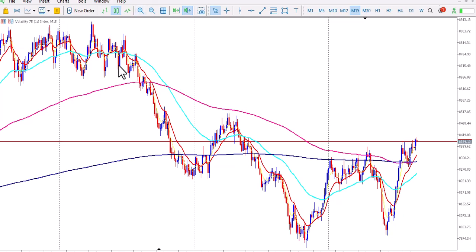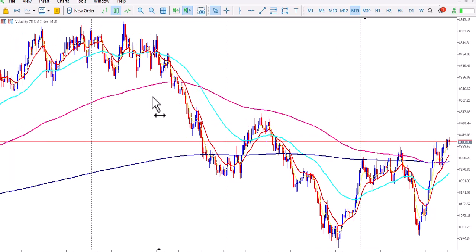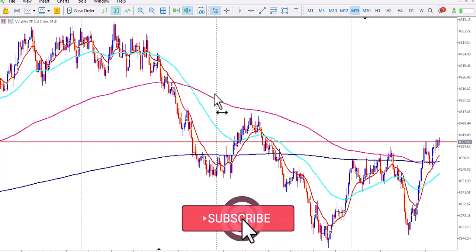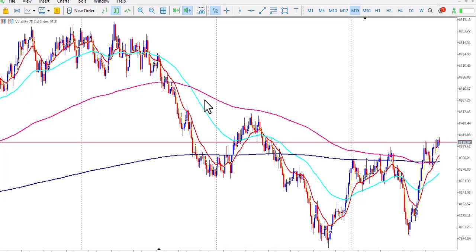Guys, today I'm going to show you a very powerful market maker strategy which is called the safety trade, right? From its name you might guess what it means. What we are going to be doing here, I'm going to show you the moving average settings and everything that you need. If you are part of our Telegram channel, you would have seen us taking this trade